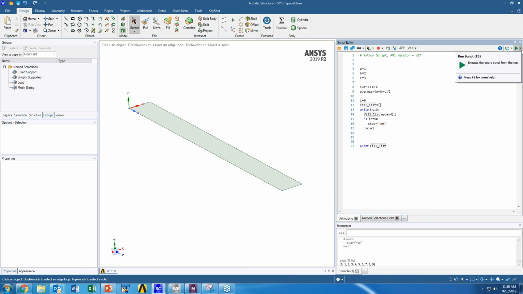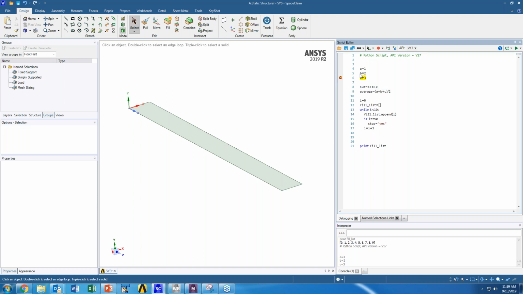So if I want to debug this and get a sense of what's actually occurring in my script, all I need to do is enter debug mode, and then set a spot in the script where I want to run until I hit that spot. If I hit play, it's going to execute the script until I reach my marker. Once it's there, it's going to stop. You can see here I've established A. If I hover over the variable, it shows me the value.